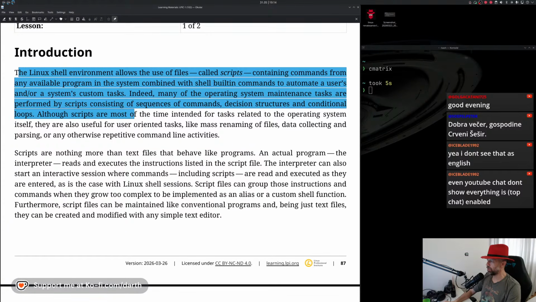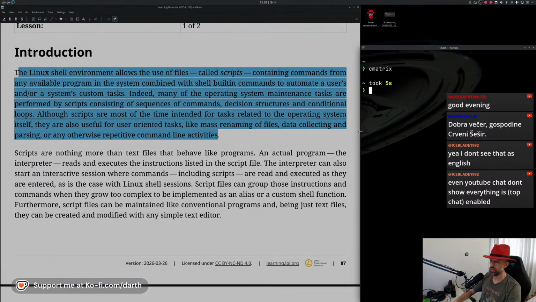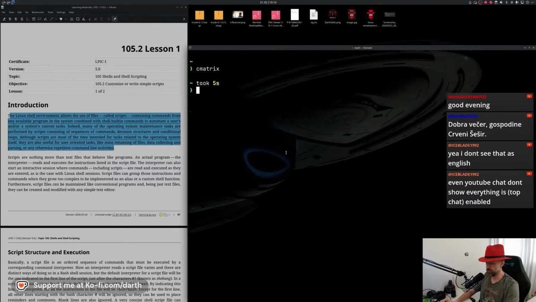Although scripts are most of the time intended for tasks related to the operating system itself, they are also useful for user-oriented tasks like mass renaming of files, data collecting and parsing, or any otherwise repetitive command line activities. So just as a really, really small example, let me show you what I did